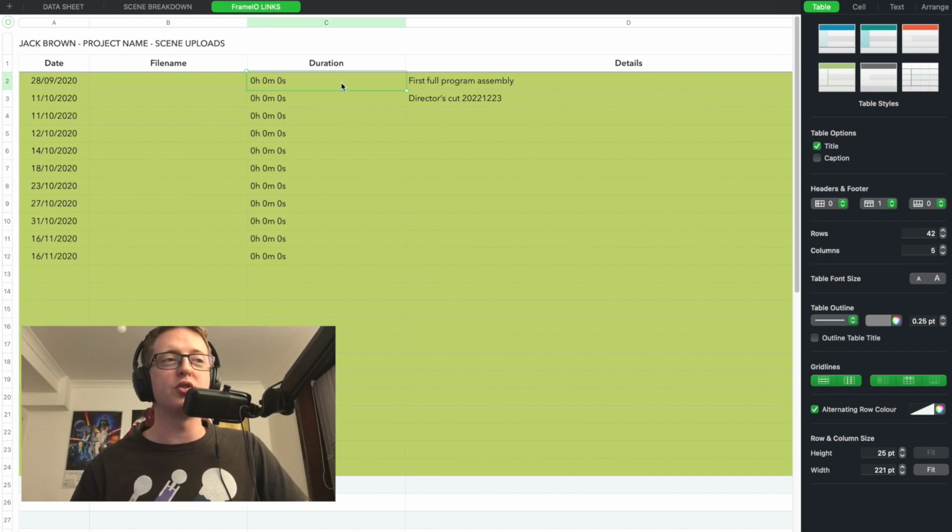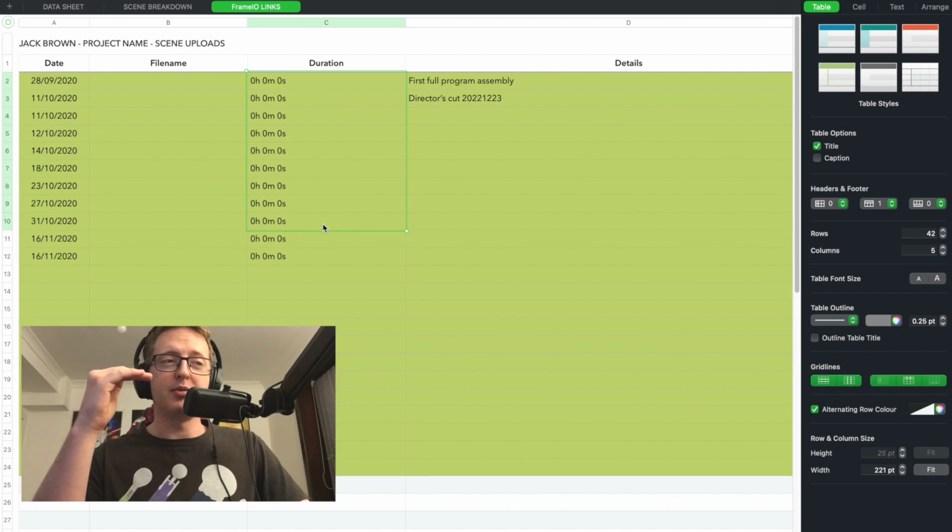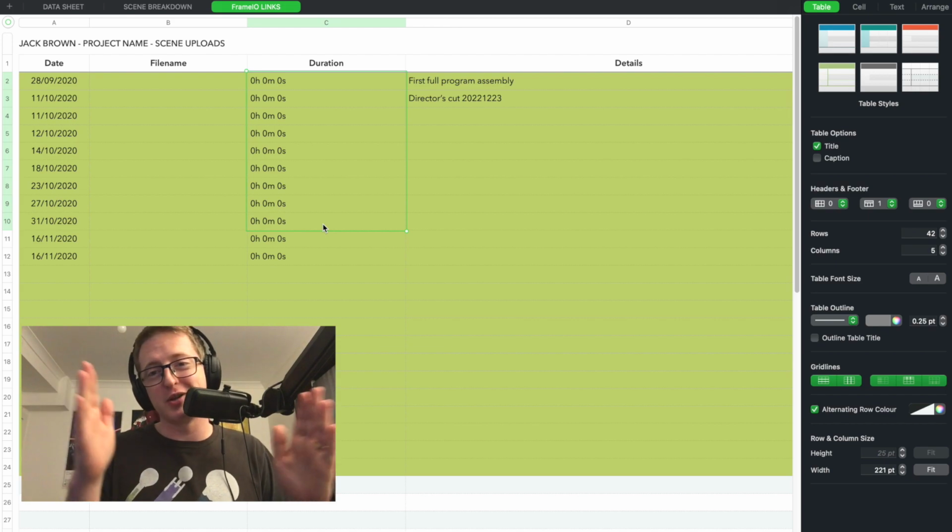And I'll always note down the durations here as well, the file name of the file that I've uploaded and the date I've uploaded it. The durations particularly I find quite useful because you can track, particularly after the assembly goes on, how the duration changes. So ideally it should be coming down. For example, NORTHSPUR ended up being about 90 minutes in the end, and the initial edit, I think the first assembly was about 3 hours 30,